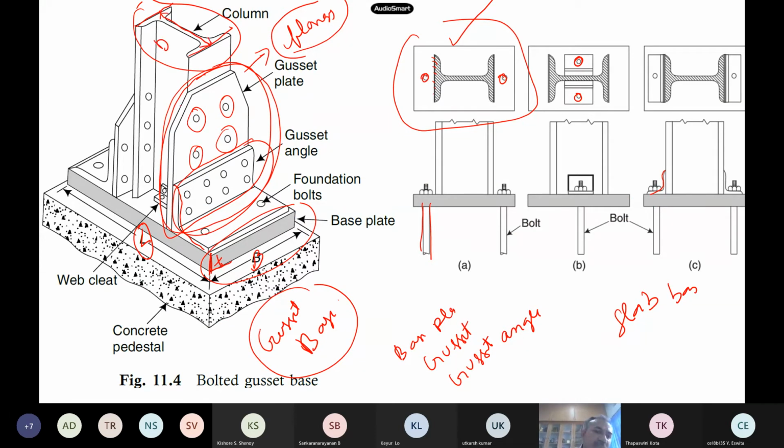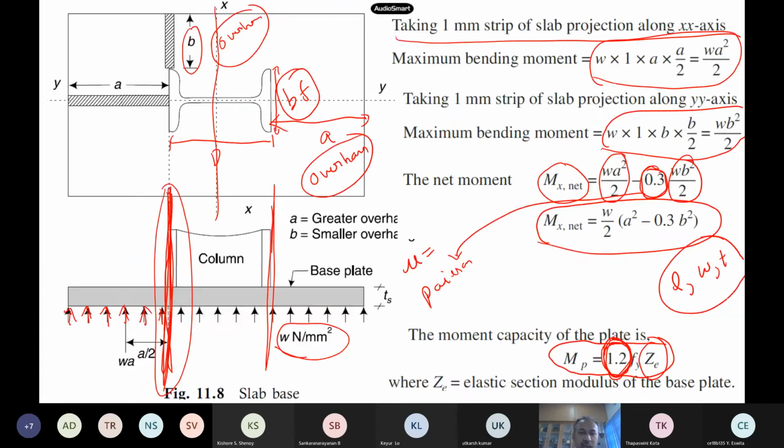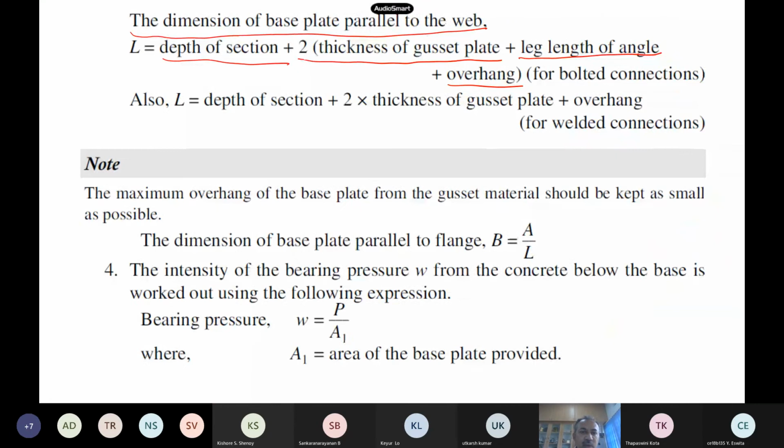Okay, so this plus this thickness of my gusset plate. So this thickness plus this gusset angle also will be there here. This thickness also will be there, because the gusset plate is this side, it is also on the other side due to symmetry, then gusset angle also. So D plus thickness of gusset plate, thickness of the angle section this side, and then you have this also. So you add all the things plus overhang actually. So this happens to be like this: thickness of gusset plate, leg length of the angle, plus overhang. Okay, so this is 2 times, because this side and that side we have. So this is my leg L.